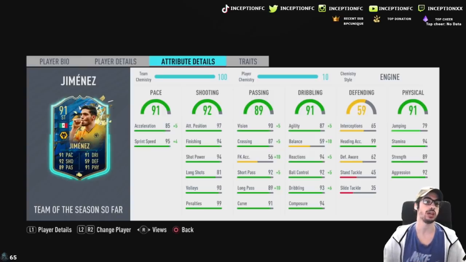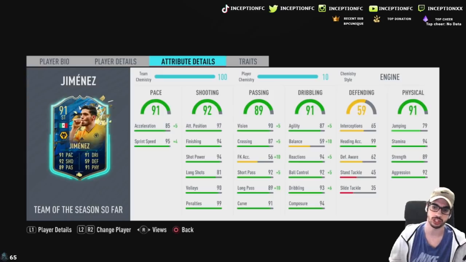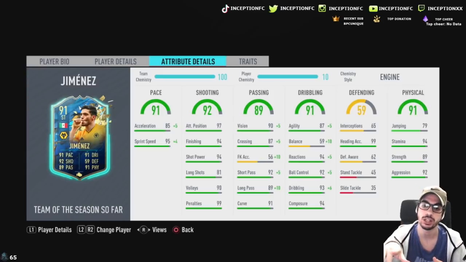In regards to stamina, he actually has 94 stamina as well as 79 jumping with 99 heading accuracy. So if he does get the ball in the air, he'll be able to score the headers quite frequently. He does have 89 strength and 92 aggression as well. So maybe that, with good off-the-ball movement of the high work rates that he has,